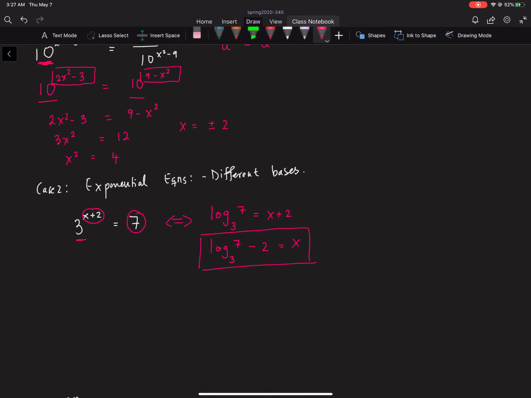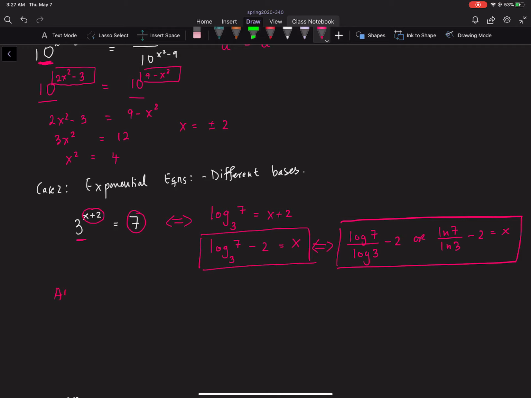We can also use our change of base that we learned last time and rewrite this as log 7 over log 3 minus 2, or if you prefer natural logs, then this is ln 7 over ln 3 minus 2. All right, both of them are the same answer. Okay, now